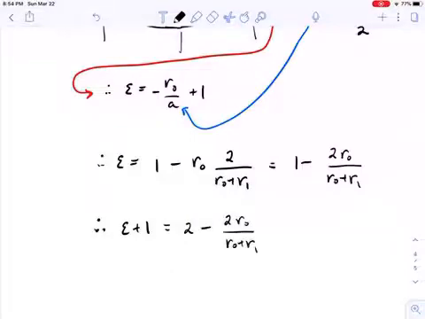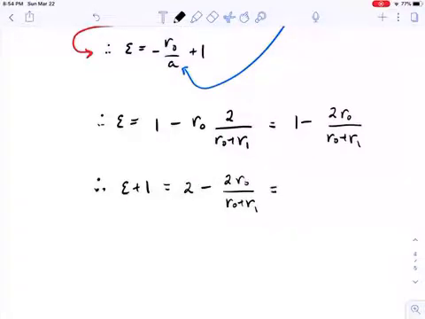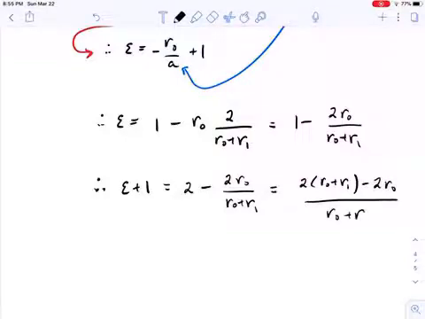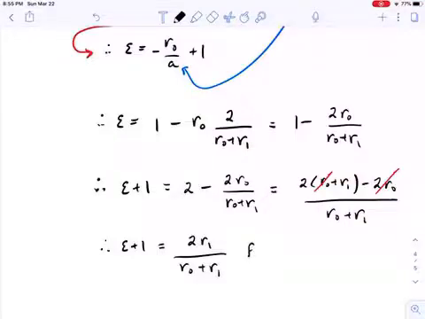R0 plus R1, which is just equal to 2R0 plus R1 minus 2R0 over R0 plus R1, where we put our expressions over a common denominator. And then we have 2R0 minus 2R0, which cancels. And so therefore, epsilon plus 1 is equal to 2R1 over R0 plus R1. So finally,